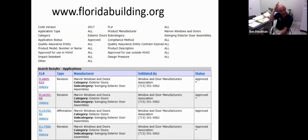Okay. And then the next slide, this is just a brief example of a specific manufacturer. Across the top, you'll see the manufacturer is Marvin Windows and Doors, and it shows many different products that Marvin offers, from exterior doors that swing to sliding to windows that lift up and down that are stationary, whatever it may be. But it'll show the product approval number on the left, which is what we would have suggested to the association that we will be using for the project. And then all the way on the right, it'll show the status. Here it shows that the status is approved and it's not expired, and it should be good to go for permitting and for use on your projects. The other way on the next slide